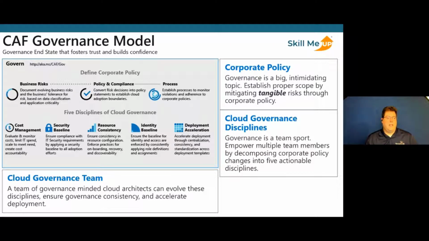When we look at that, there are 5 disciplines of cloud governance, and this wraps really well with the well-architected framework.